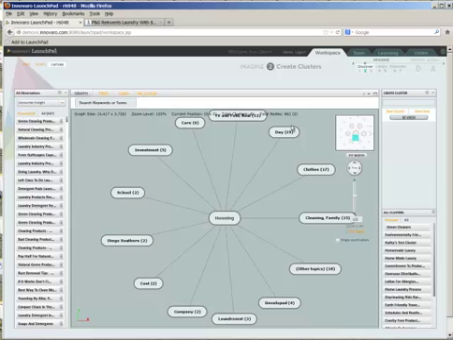Now, this is important. This is where the semantic engine comes into play with Imagine. The semantic engine is important in that it can take a look at all of this data that you've loaded in digitally, and it has natural language processing. It can read text. It can do annotations. And what it does is it says, after I've done all this, how do I connect this information? How do I connect these pieces of data into larger pieces of information? And we have 4 different views of it. The view you see here in front of you is called Graph View, and this shows you clusters of how it's put the information together.